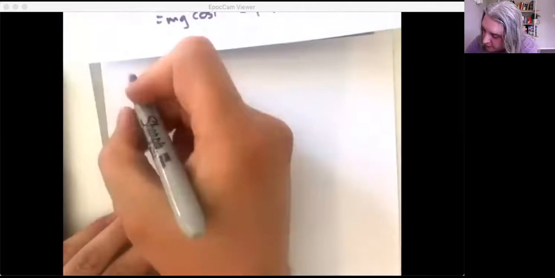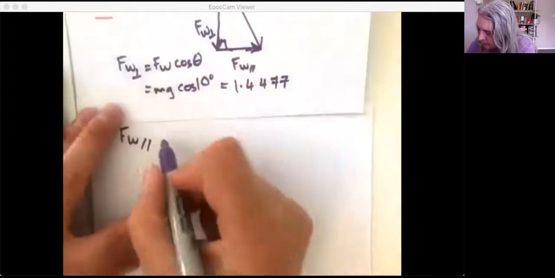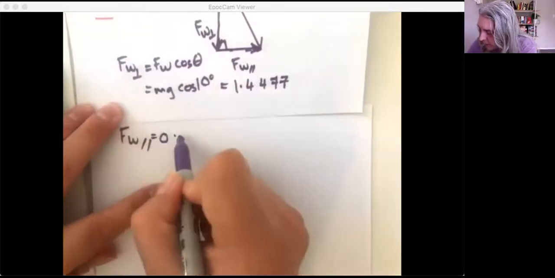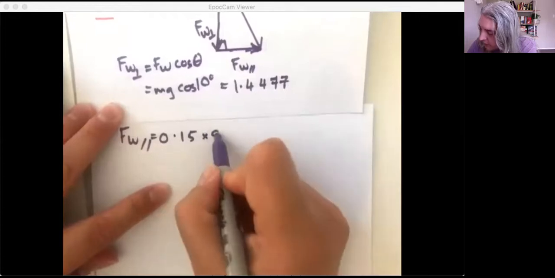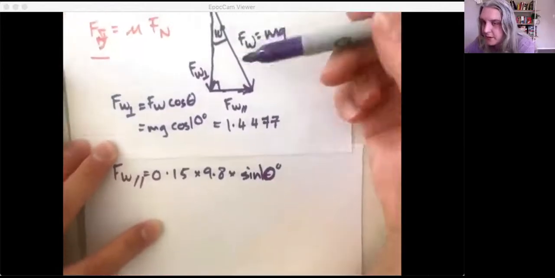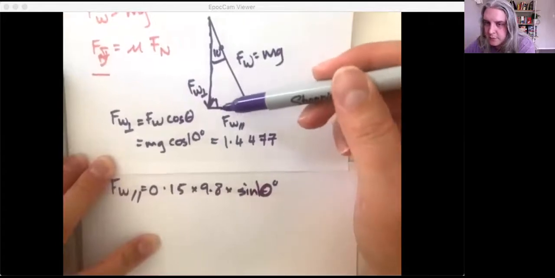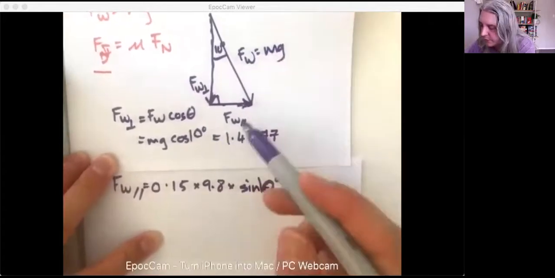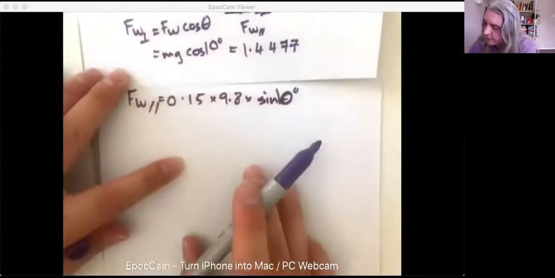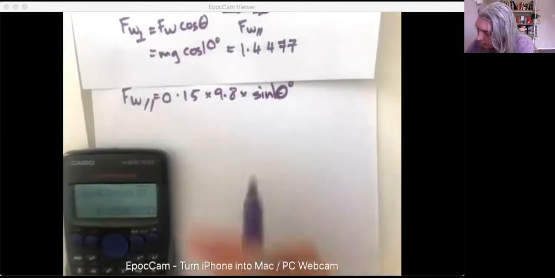I shouldn't say horizontal because it's not horizontal, it's along the x-axis. So FW parallel is equal to mg, 1.15 kilograms times 9.8 times the sine of theta this time, sine of 10 degrees. And that again, trigonometry, we've got this is opposite. So we're going to have sine of the angle. So sine of the angle times the hypotenuse will give us this side. So we have that times the sine of 10 degrees. So it's the same formula, but with the sine in there. And that tells us that we have